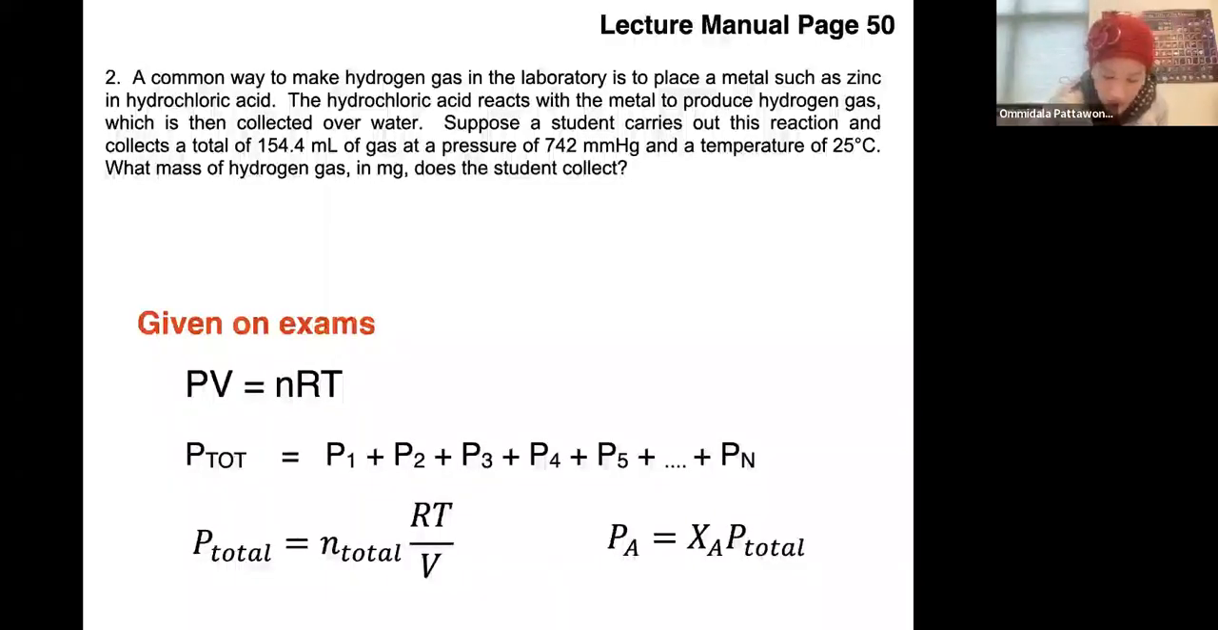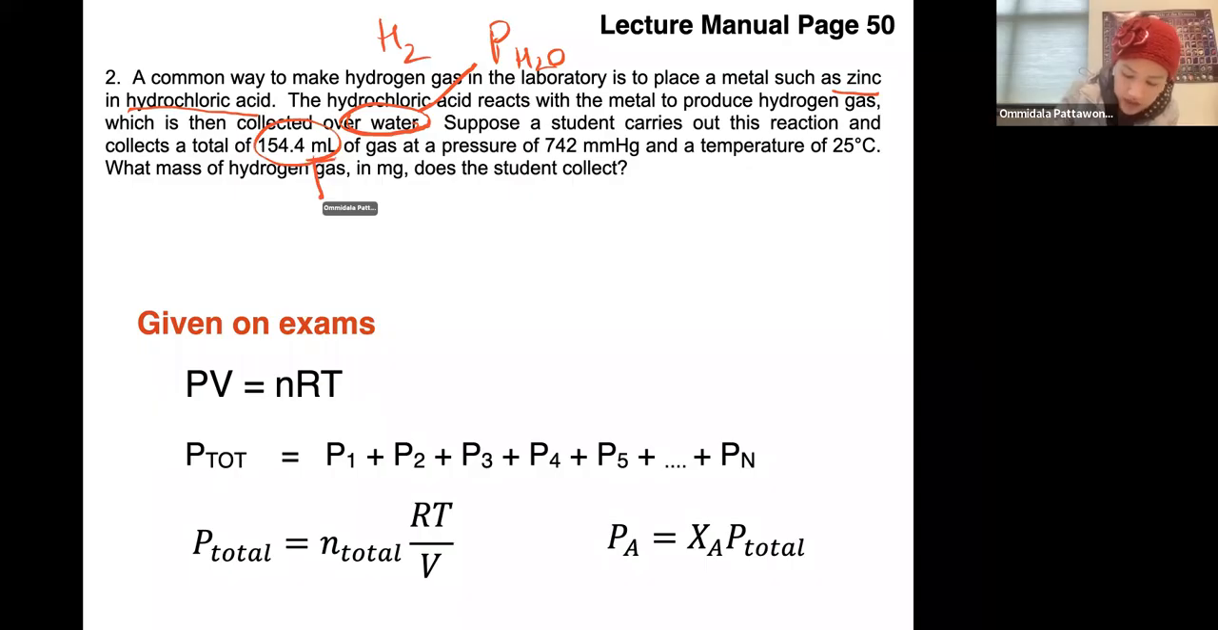In this case, we are going to make hydrogen gas, H2, by reacting zinc with hydrochloric acid. It's giving you the fact that this gas is going to be collected over water. That's the key word. Since we have over water, somehow we need to find the partial pressure of water. And it's telling us that this reaction is going to collect a total volume of